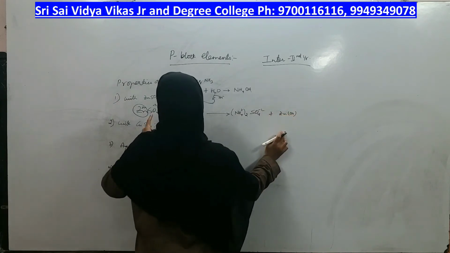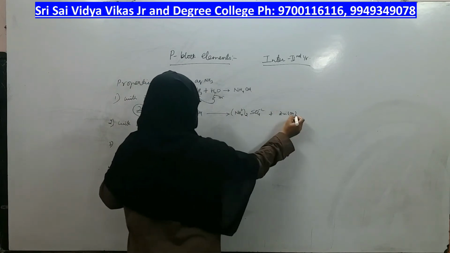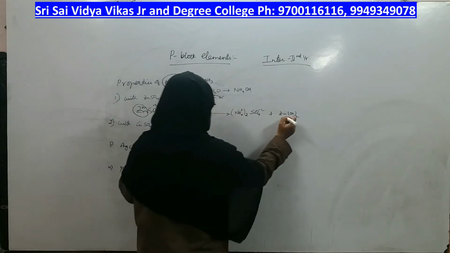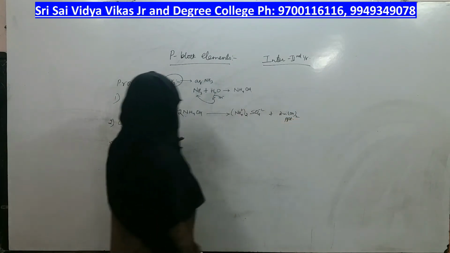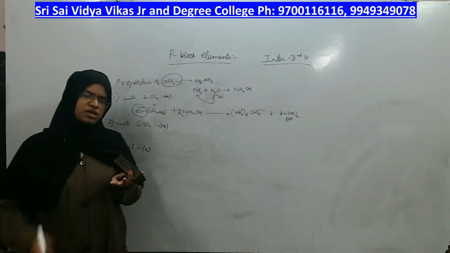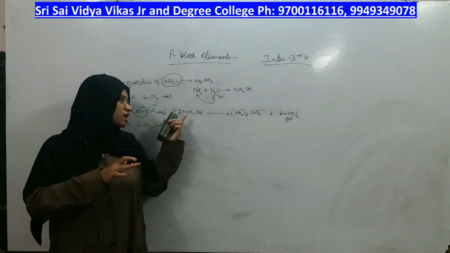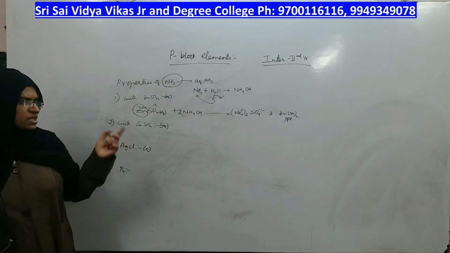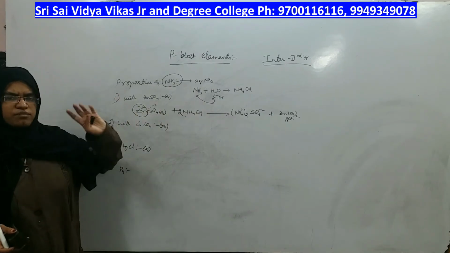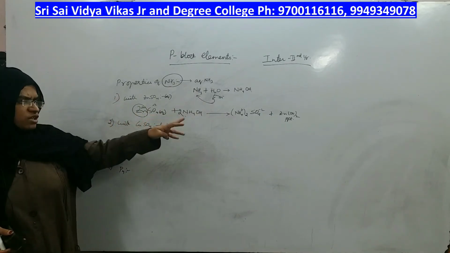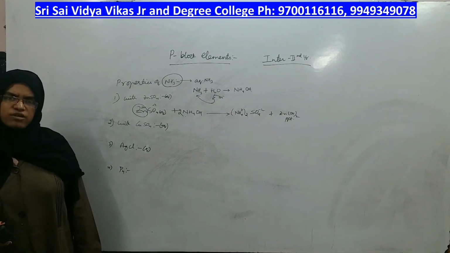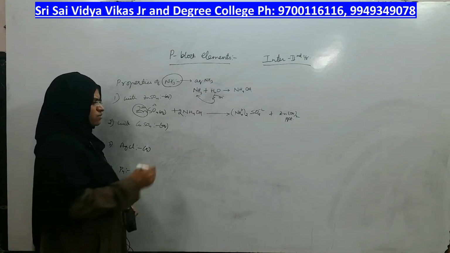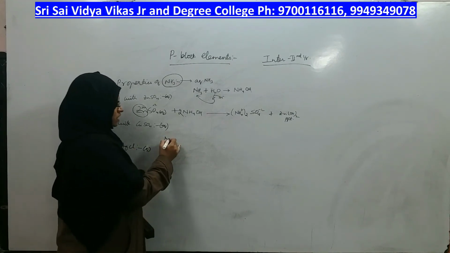How can you differentiate zinc sulfate and zinc hydroxide? Zinc sulfate is a soluble or aqueous solution, whereas zinc hydroxide is a precipitate. If you take zinc sulfate as a solution and do the reaction with aqueous ammonia, you will get a precipitate, which indicates that the reaction has taken place and the ammonium ion has replaced the zinc from its salt to give you zinc hydroxide, which is in the form of a precipitate. That is the first reaction. The next reaction of aqueous ammonia is with copper sulfate.